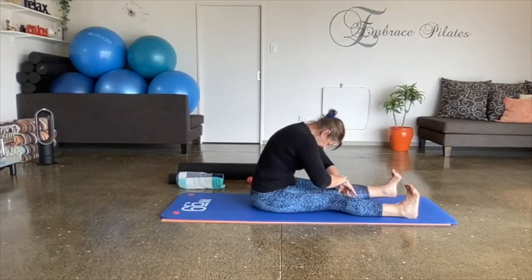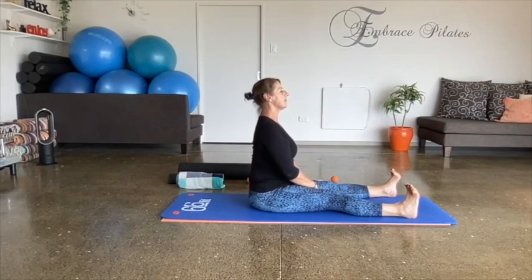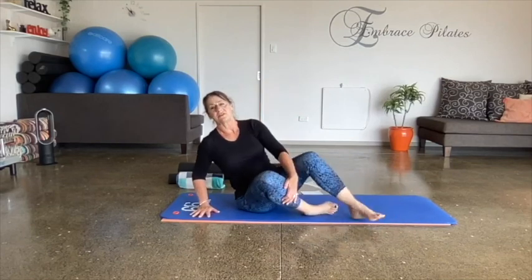Walk yourself back, nice and gentle, through the hands. Come back into upright and you finish. So that was the first class, and just keep doing this until you start to feel,